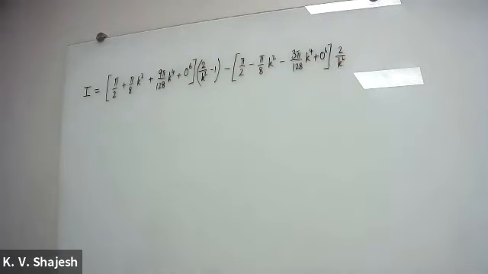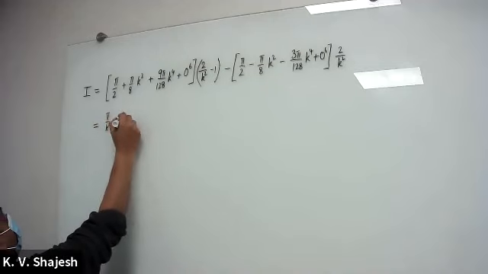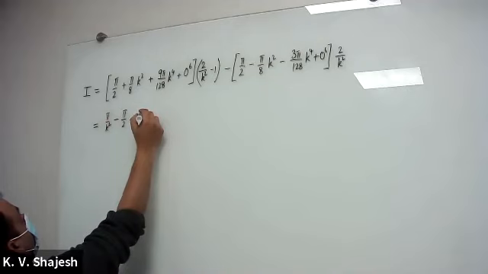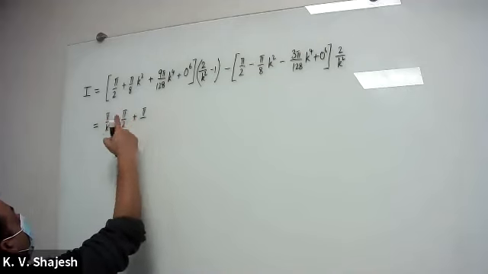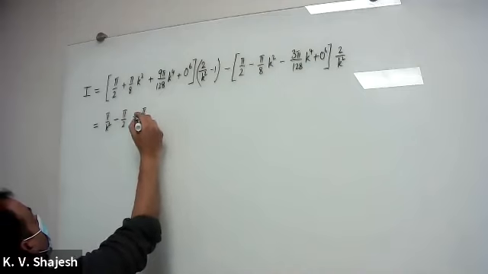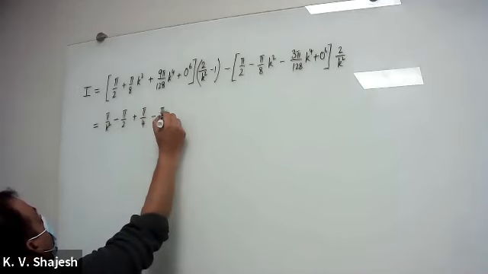That's equal to, again, pi over k squared minus pi by 2 plus pi by 4 minus pi over 8 k squared